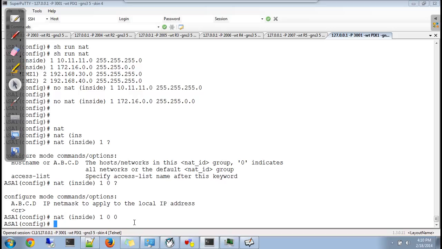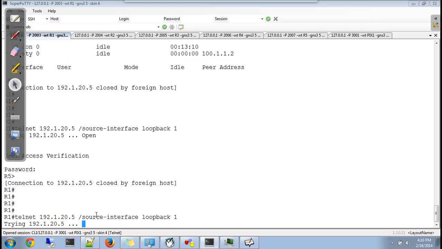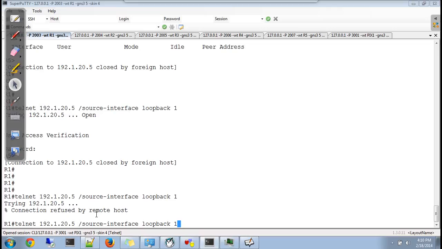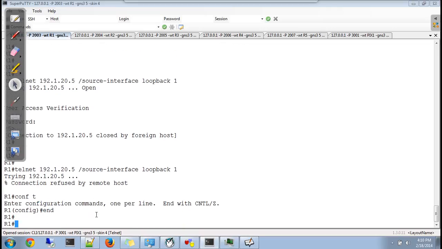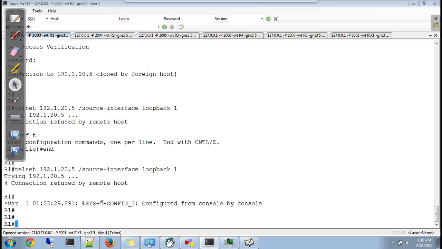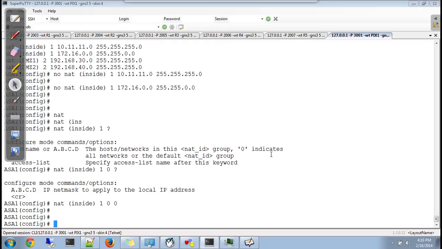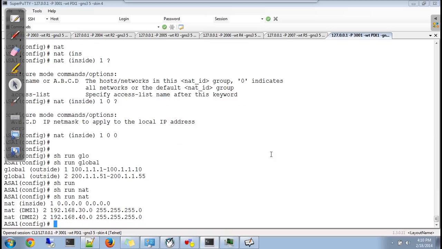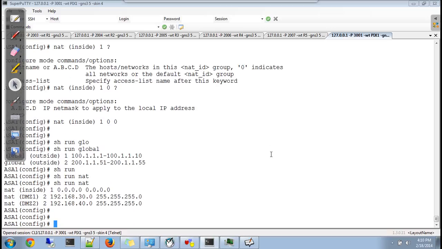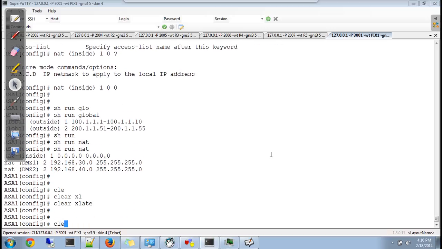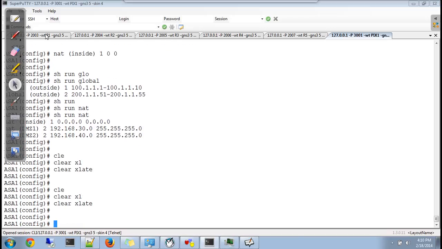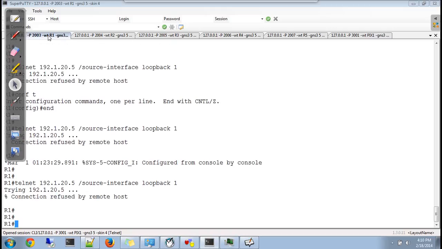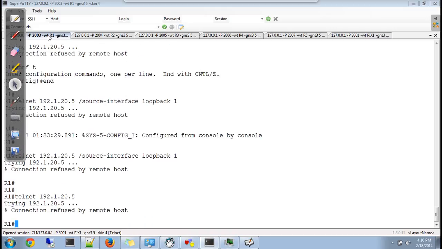So if you go to inside R1 and you try to go out, why is it refused? Did I make some mistake?